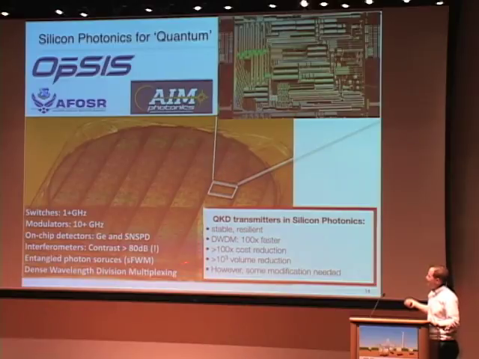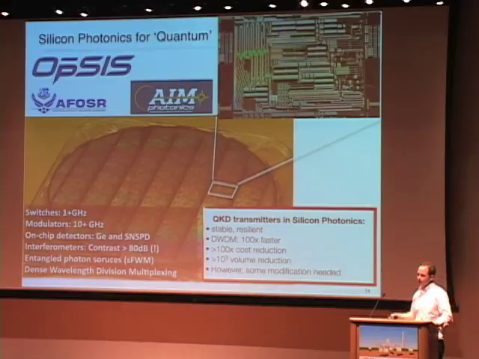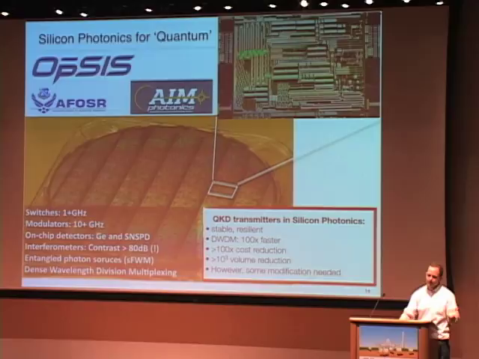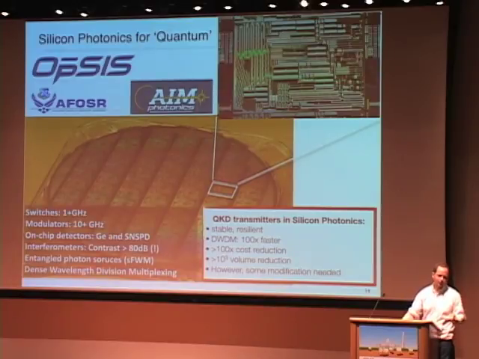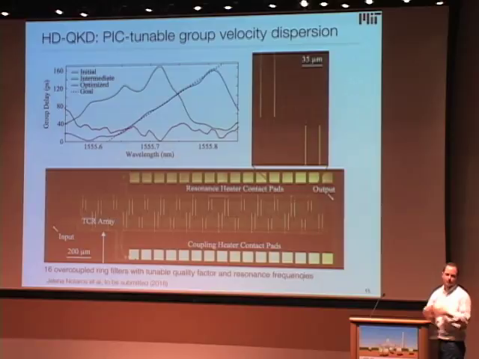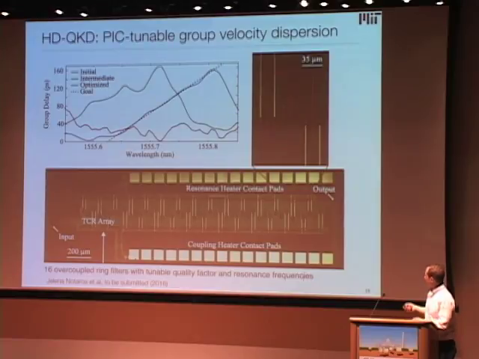But it turns out you can't exactly use these devices from the foundry. You have to tweak quite a lot to modify the performance of these devices for QKD. An example of that is in classical comm, people are happy with an intensity modulator that gets about 6 dB of contrast. For quantum, that's not enough. We need something more like 20 dB of contrast. So we had to devise some new components to allow QKD to be run on them.